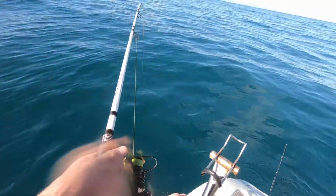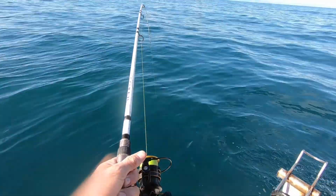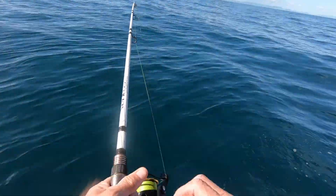Mark had a bite, but I think he got off. We're in a good spot? So there's a bit of life around here. The sounder is showing a little bit of...